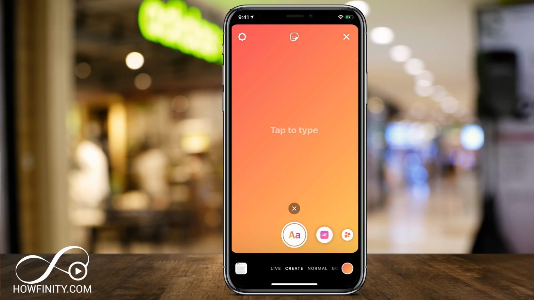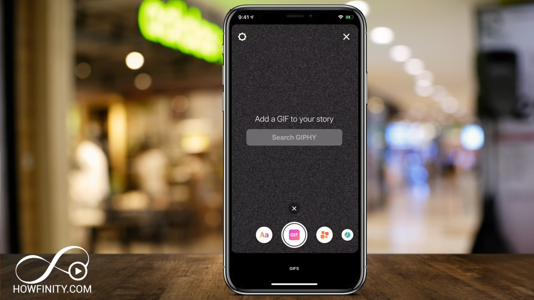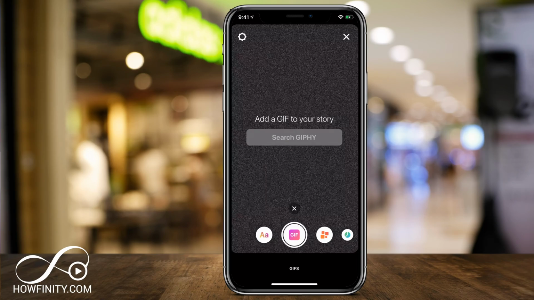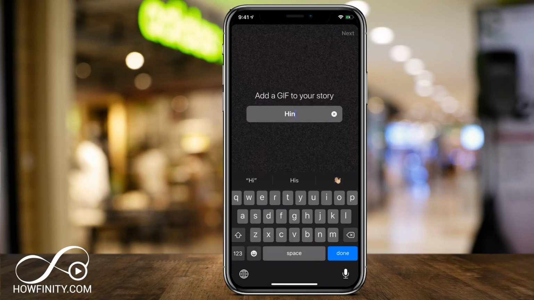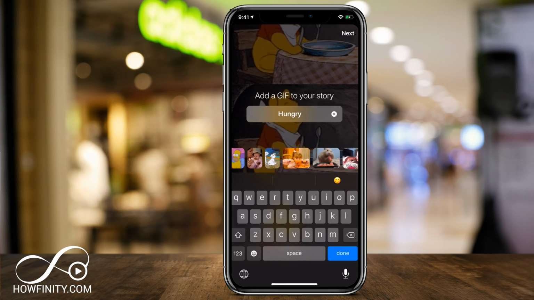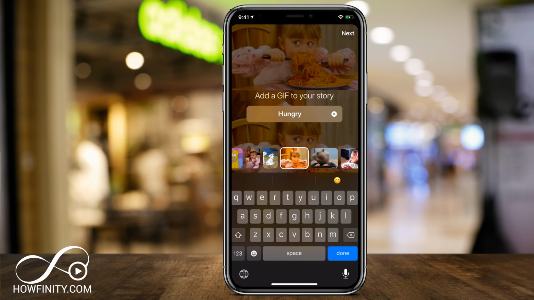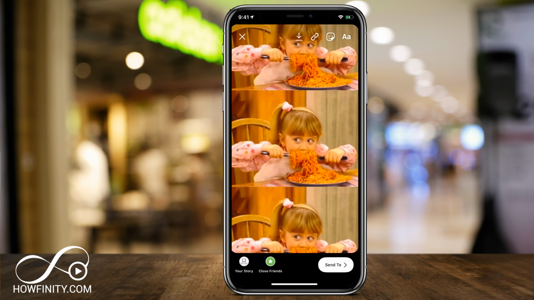And right here, you're on text mode on top. If you go to the right, you'll get to GIF mode here and you could search for Giphy. So if I search for something here, let's say hungry, press done. And you could see all these options here for hungry. And let me go ahead and choose one of these. And you could see that it creates, if I press done, it creates a full screen GIF that you could